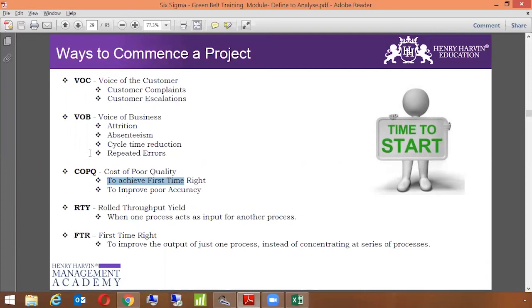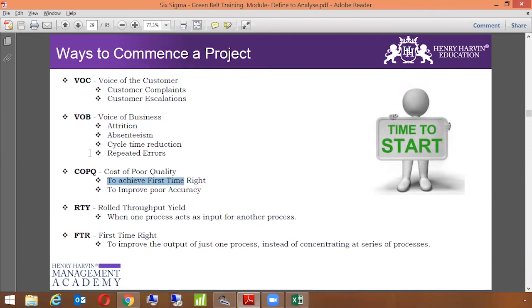Then there's another way to commence a project which is known as RTY, which is rolled throughput yield. Rolled throughput yield is when one process acts as input for another process. Okay, when there are 3, 4 different departments which are interrelated to each other, when the output of one becomes the input of another, and so on and so forth. In that case, if there is a process wherein the rolled throughput yield is very low, wherein the final product which is given to the customer has some issues, we would try to improve the